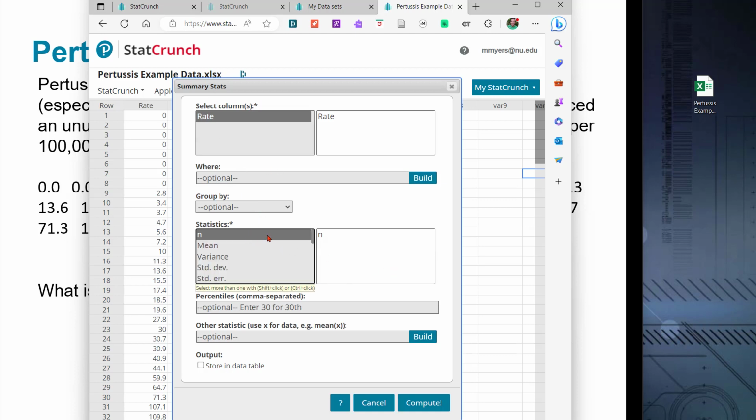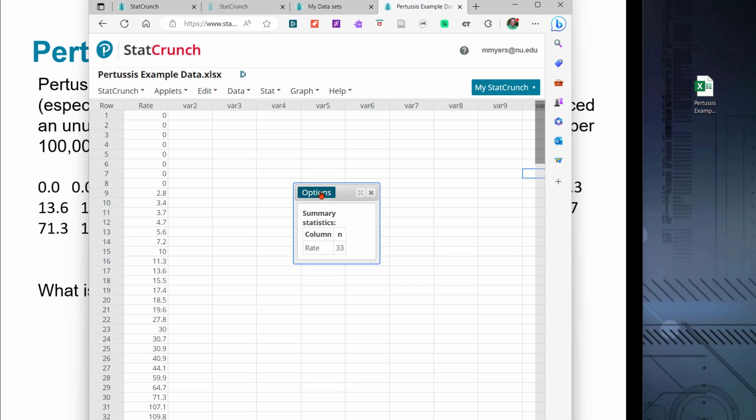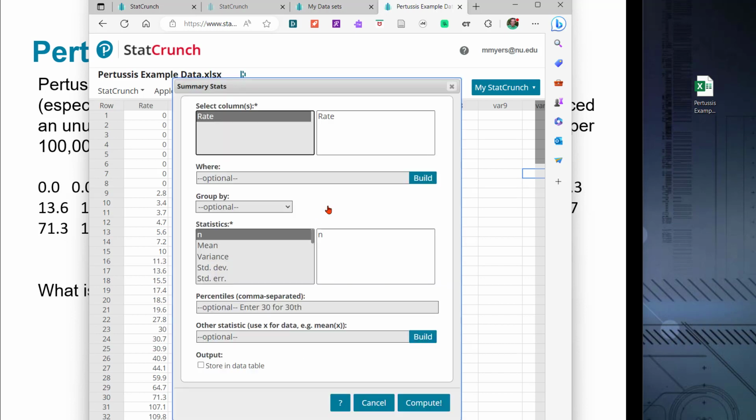I can select individual descriptive statistics in the statistics area of the dialog box. If I click on them individually, StatCrunch will just do that single one. So, I can click on the N here to start, which would be 33, right? Go back to the Summary Stats dialog box to finish all the stats. Remember, you can just click on the Options button and then edit to get back there if you don't want to start over. You can use the slider bar here in the Statistics area of the dialog box to see